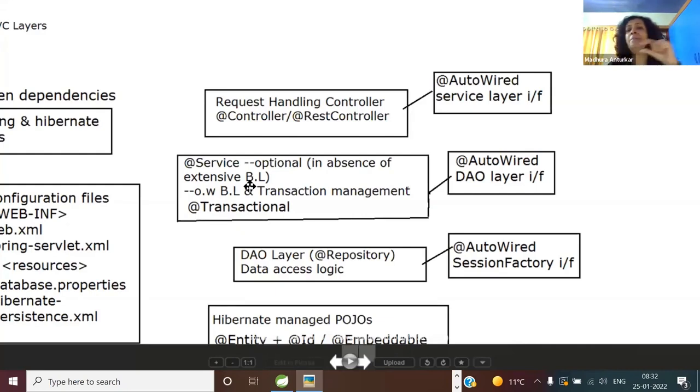Can one interface be implemented by multiple implementation classes? Core Java, quick answer: of course, yes. So here, Spring recommends and encourages you to use the interface-based pattern. And that is the reason, guys, all this while we were using DAO interfaces and all. So in short, what will you inject in the controller? Service layer implementation class or service layer interface? Of course, service layer interface.